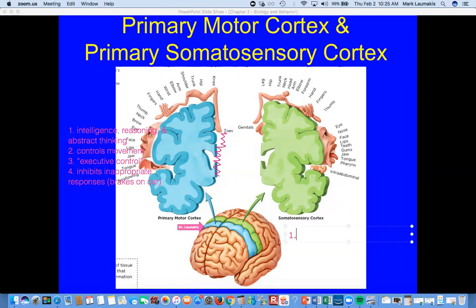Two things about it. Number one, it is something that shows evidence of contralateral control. And number two, it obeys what I refer to as the proportionality principle. And that's what's depicted up above. I'll get to that in just a minute. So contralateral control and proportionality principle are two ideas that I want you to hold on to related to this primary motor cortex, again, the motor strip at the back of the frontal lobe. What does contralateral control mean?